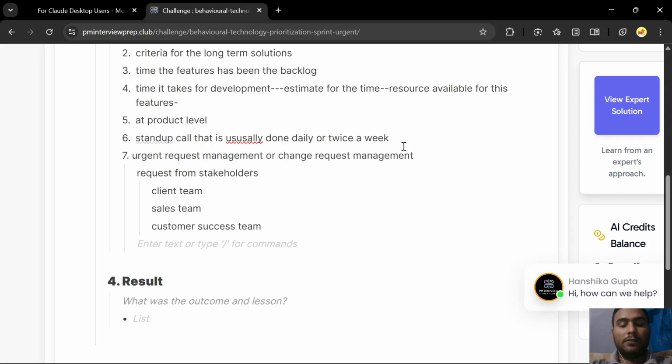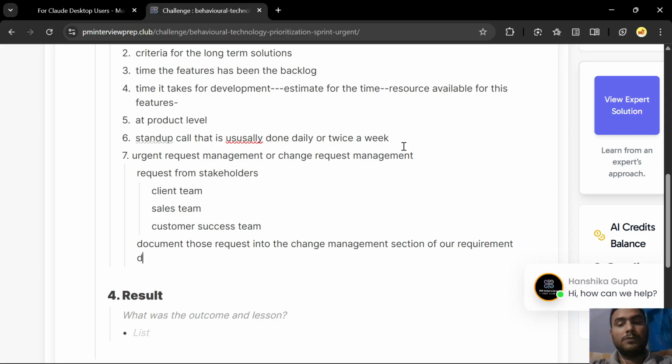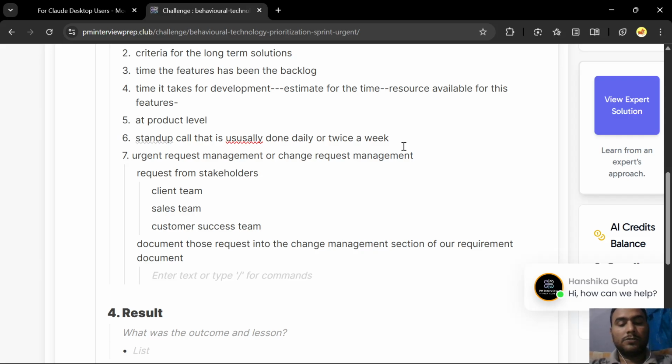We document those requests in the change management section of our requirement document. And why this is done is so that it does not alter or change our original development goals or plan,